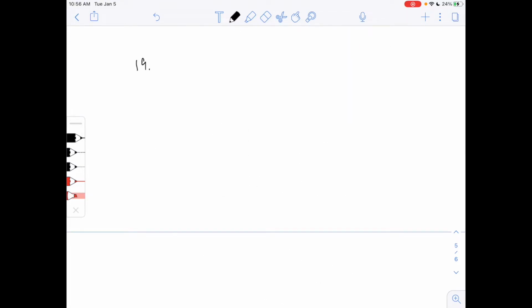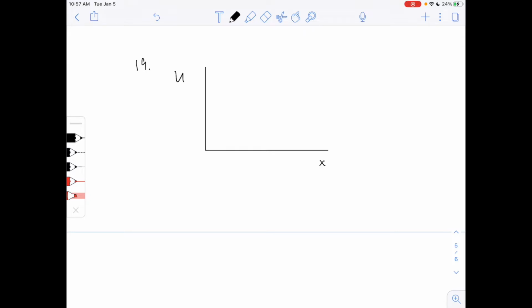For the next example, we're going to be looking at number 19 in the Knight textbook problems. And so for 19, it says a particle has the potential energy shown in the figure. What is the x component of the force on the particle at x equals 1 meter and 4 meter? So they're giving us a graph of potential